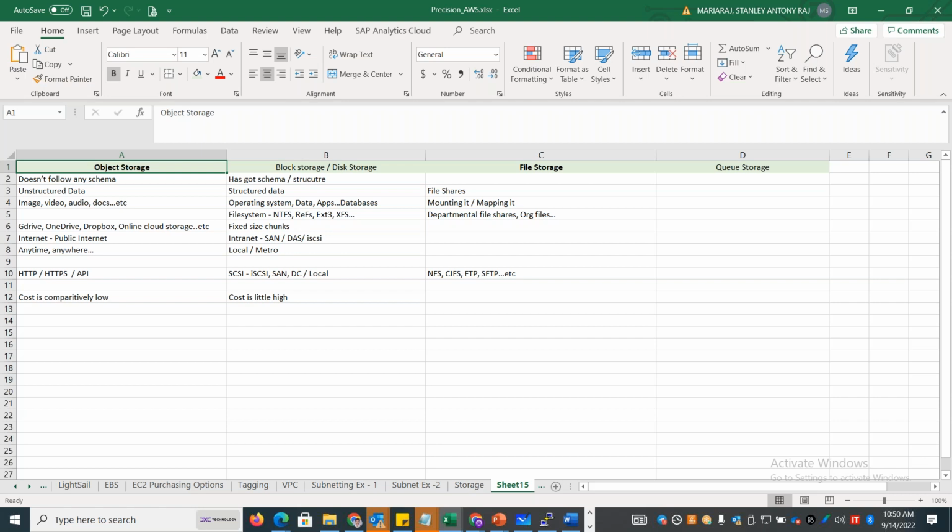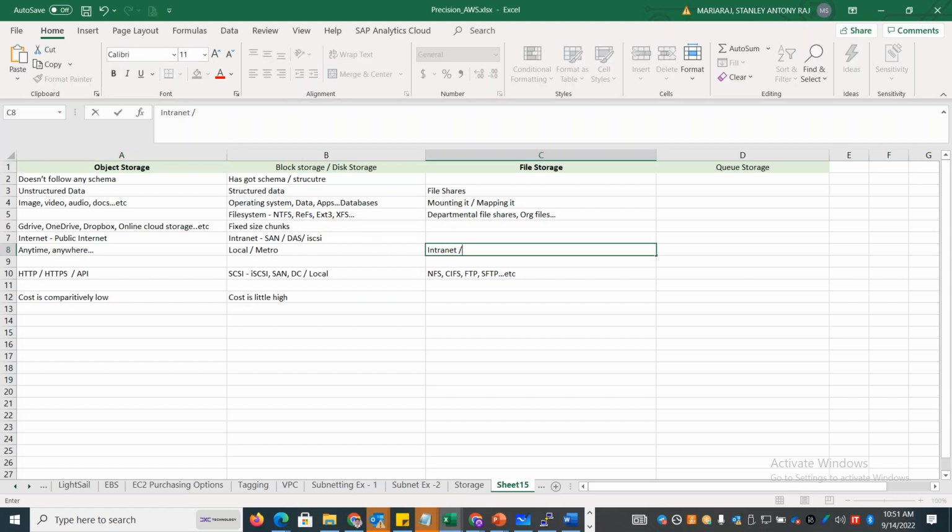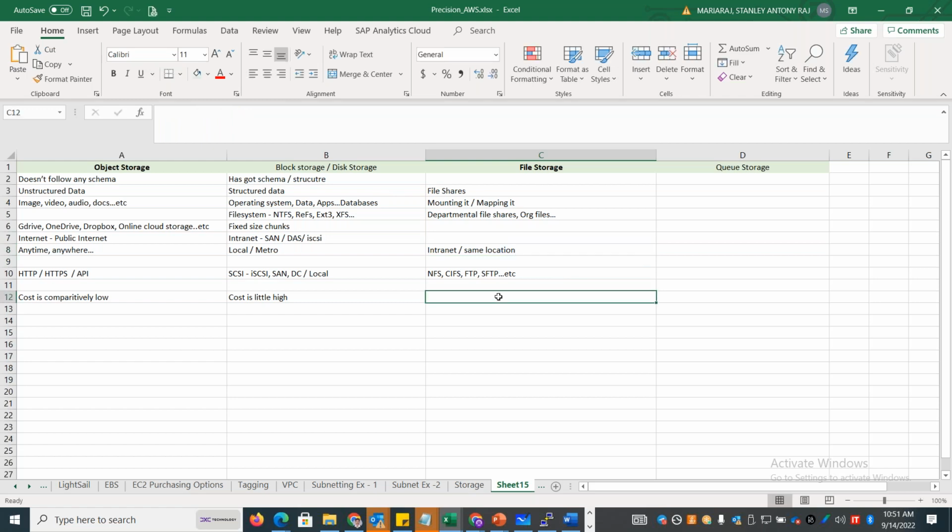Okay, so even the file storage has to be in the same location. It cannot be in a distant location. So again, it's like an intranet or in the same location. It has to be local. You cannot mount it at a very remote distance. And cost is comparatively cheaper, but it might be high